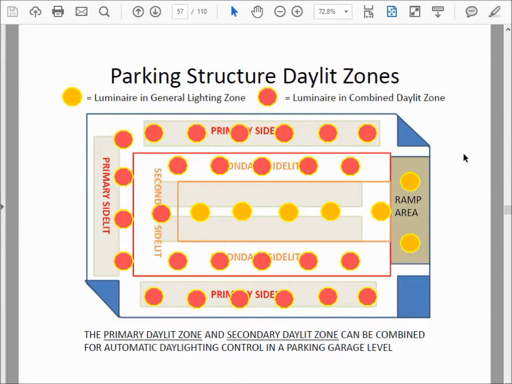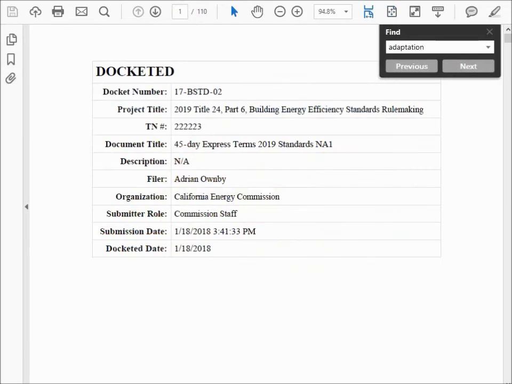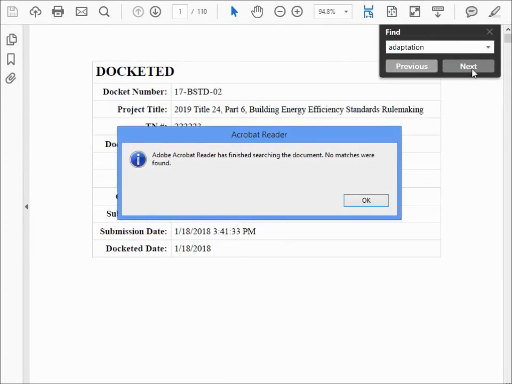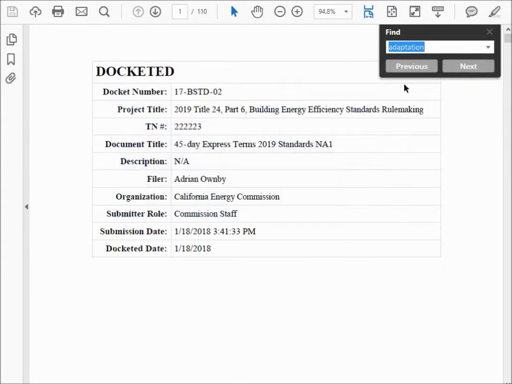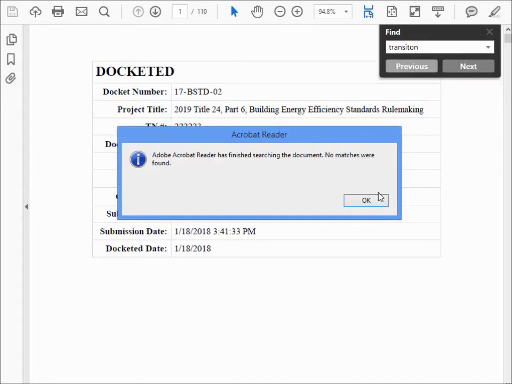I think everybody knows what a dedicated ramp is, a parking zone or area is, and what the daylight transition zone is. Please note that neither the term adaptation zone nor transition is found in the reference appendices. So, not a concern there.